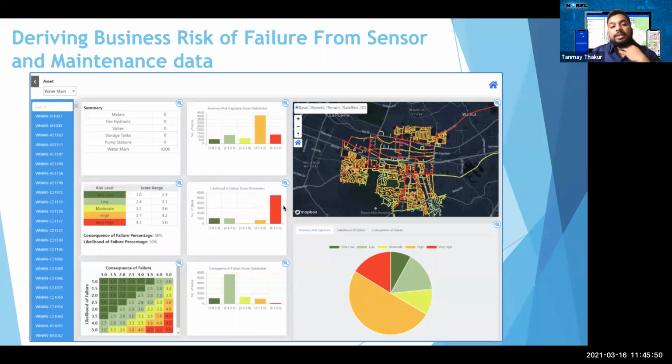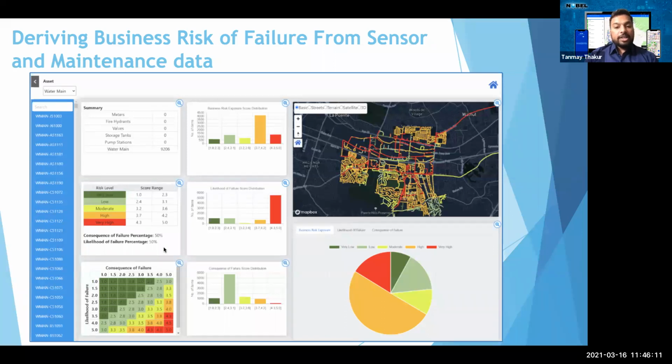This is not only a standalone solution, but it will complement what your field guys say, whether this pipeline is bad or good, with data from machine learning and AI algorithms, which will give you a business risk index.